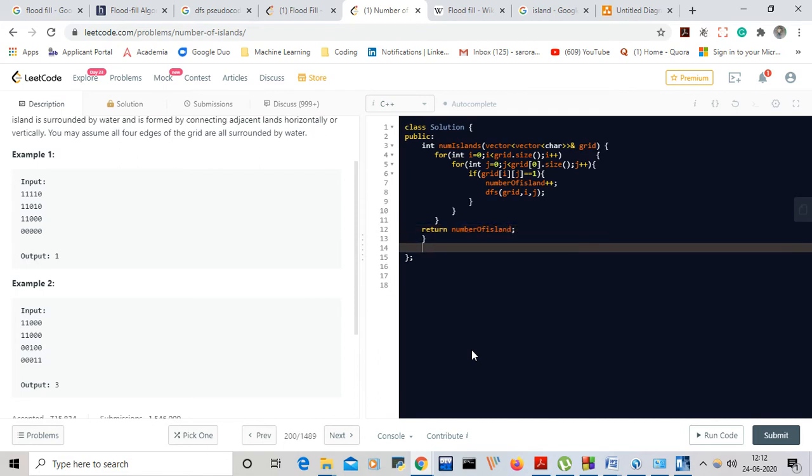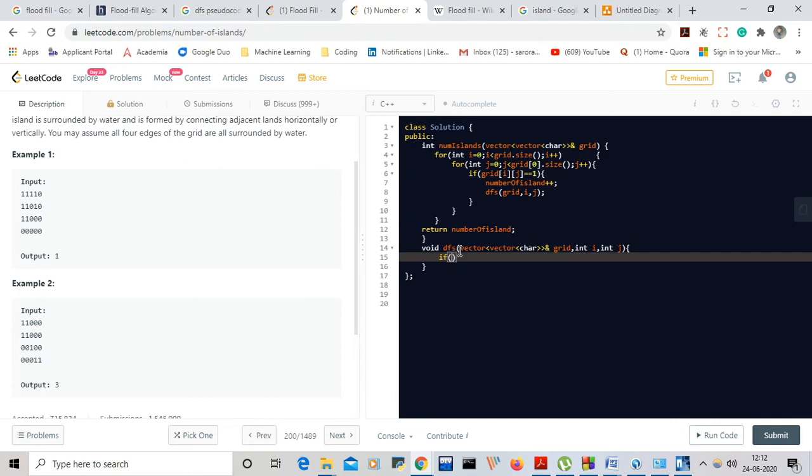Now we need to write just this DFS function. So let's start to write this DFS function. In the DFS function, we will get this grid, and we'll get some int i comma int j. Now, like the previous question, we need to see if we go out of the boundaries,